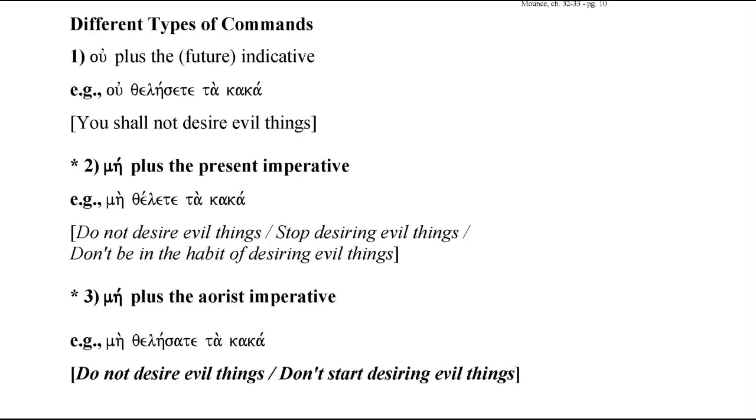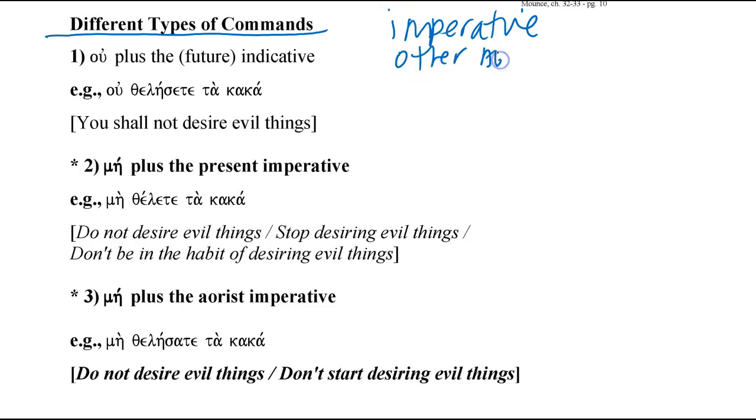In this last section, we're going to broaden our discussion. We are going to talk about how to translate the imperative as different types of commands, but we're also going to go over other moods that can be used as commands. Namely, the future and the subjunctive are moods that can also issue commands besides the imperative.